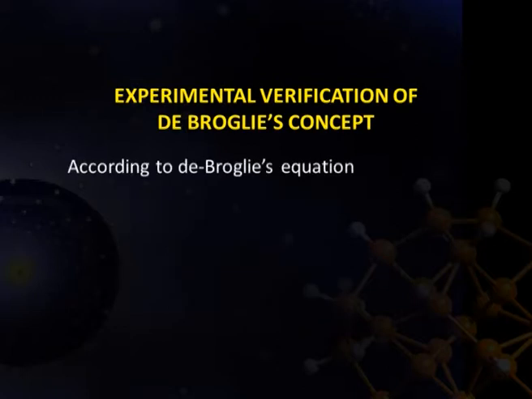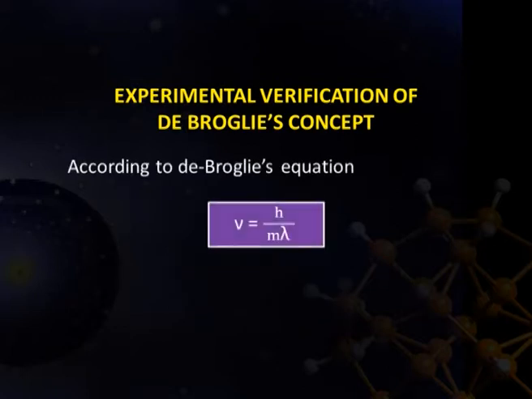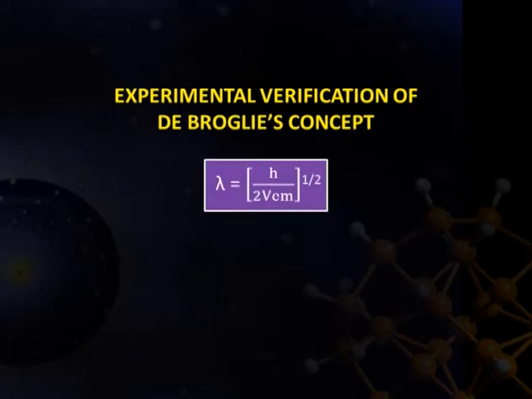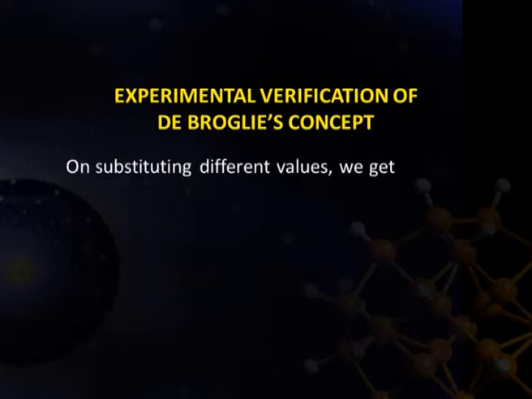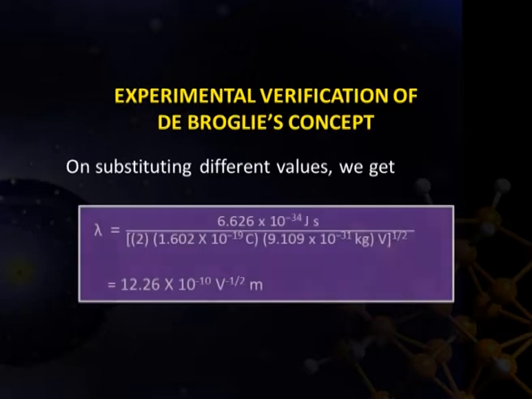According to de Broglie's equation, v = h upon m lambda, so lambda = h upon (2Vem) to the power half, or h upon m lambda = (2Ve upon m) to the power half. On substituting different values, we get lambda =